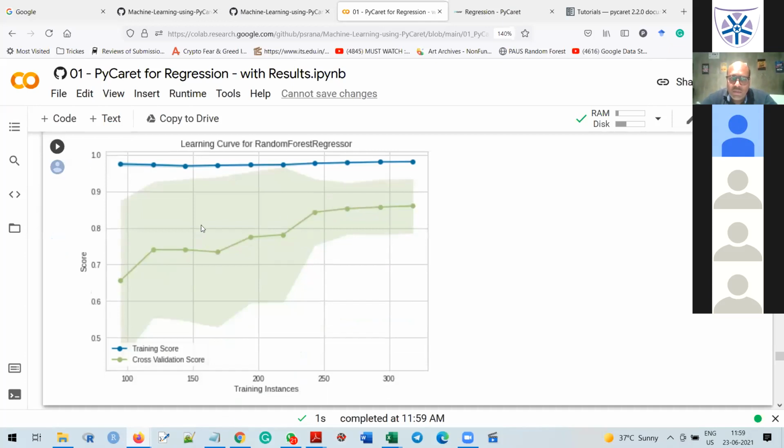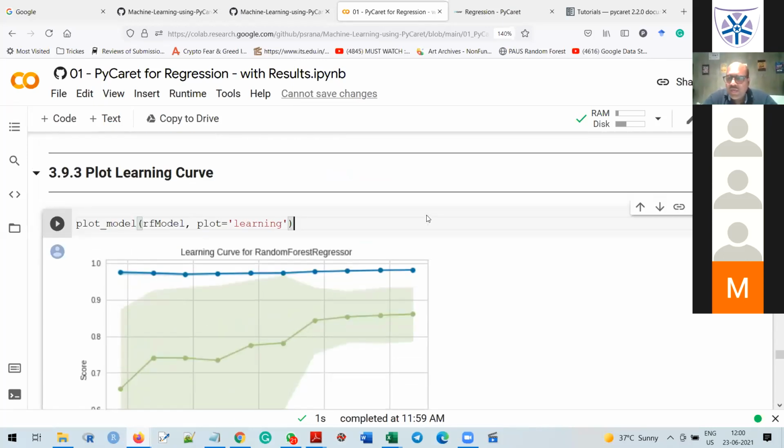So this is all about my learning instances. In the x-axis, you will find the number of instances, 100, 150, 200, 250, 300. As the input increases, my learning score is also increasing. So right now I am not executing this code because it is taking some time.